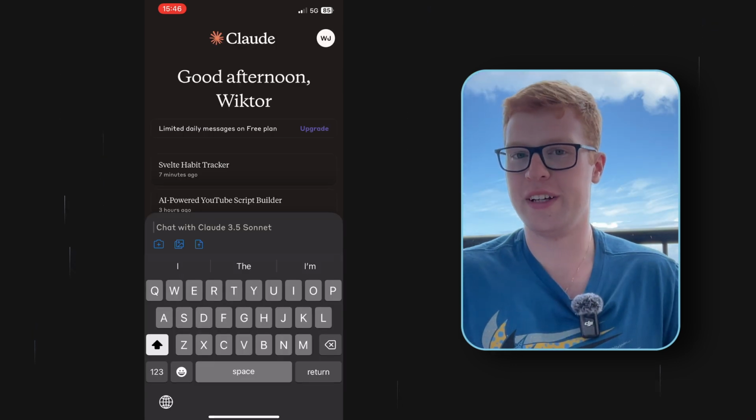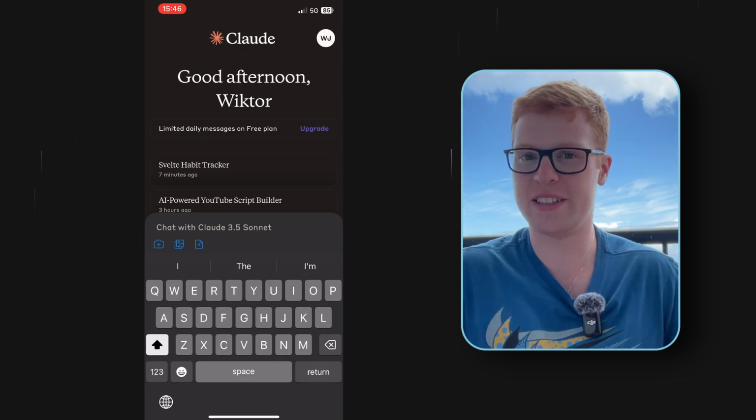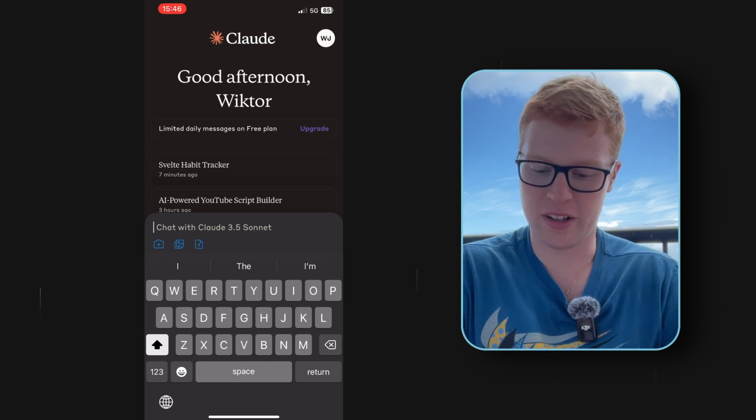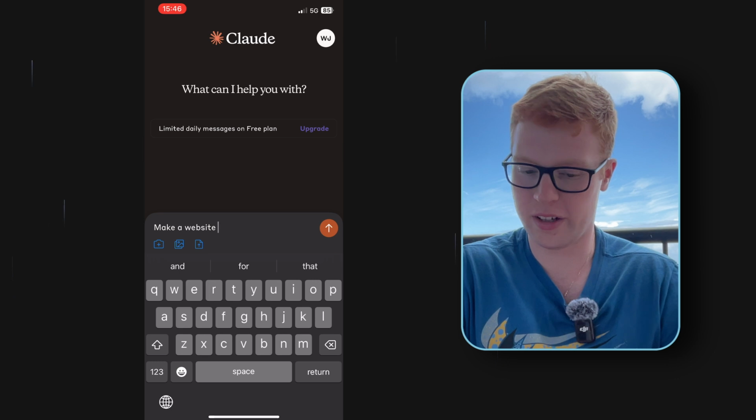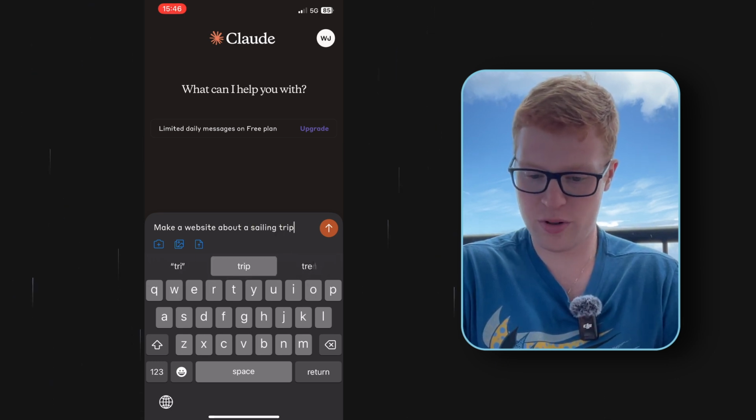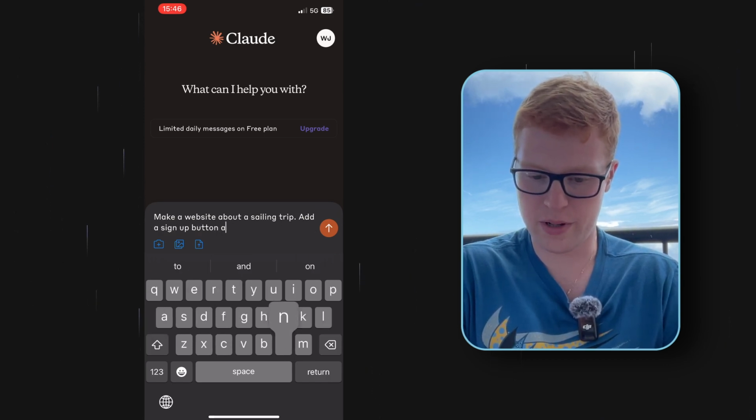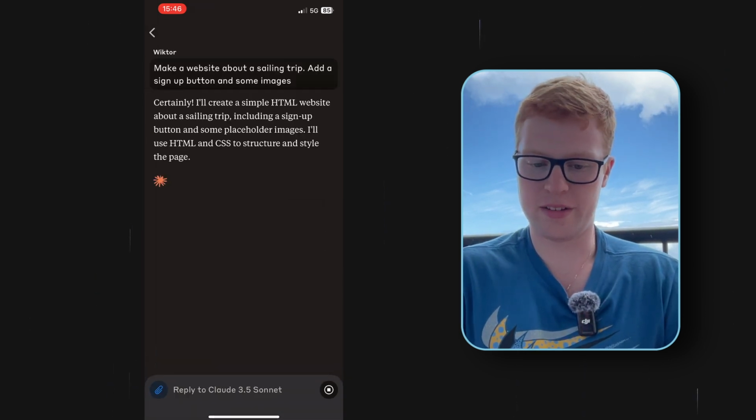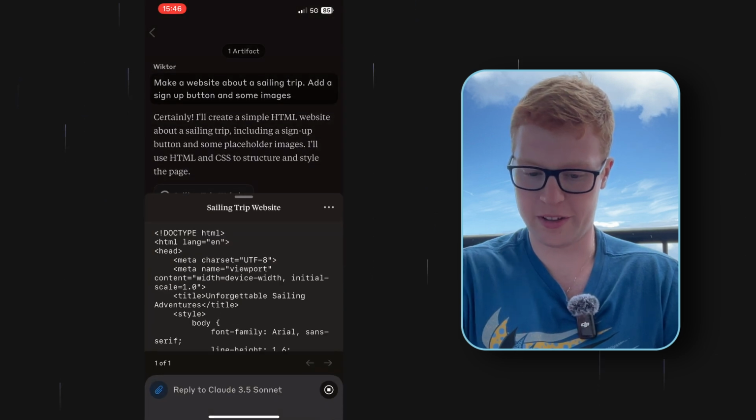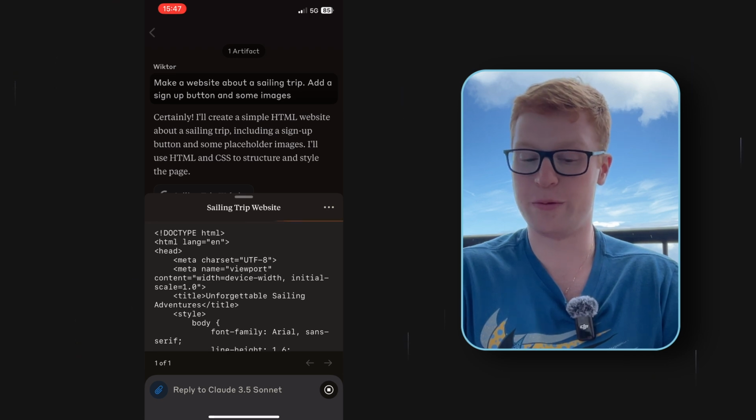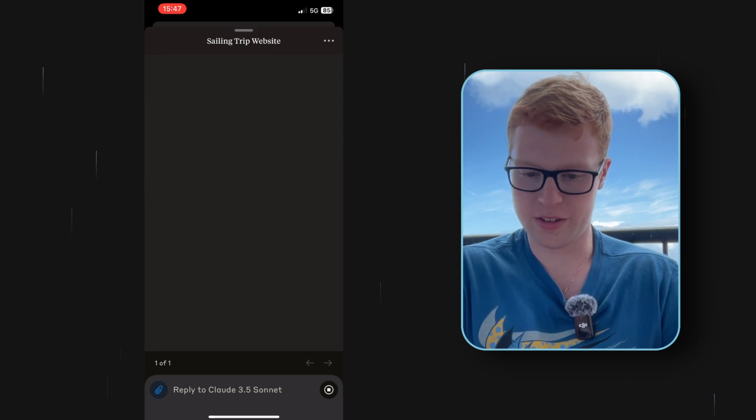friends. So the first thing Claude is very good at is making websites, and literally any language model is good at that. So you can simply just type in, make a website. This is the Claude app about a sailing trip, and maybe add a sign up button and some images. And it will generate the code, and there will be a pop-up right here, you can see. And in a moment, this will turn into a mobile responsive website. As soon as it finishes,